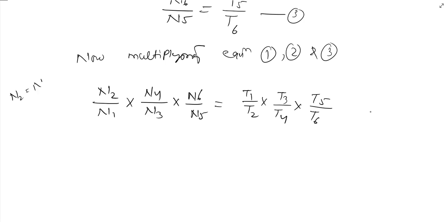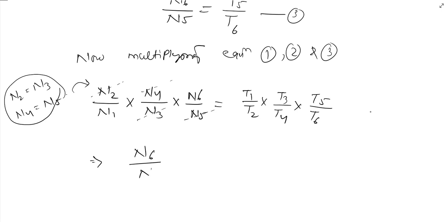n2 equal to n3 and n4 equal to n5. That means in this equation n2 and n3 get eliminated, then n4 and n5 also get eliminated. That means finally we have got n6 by n1 equal to t1 into t3 into t5